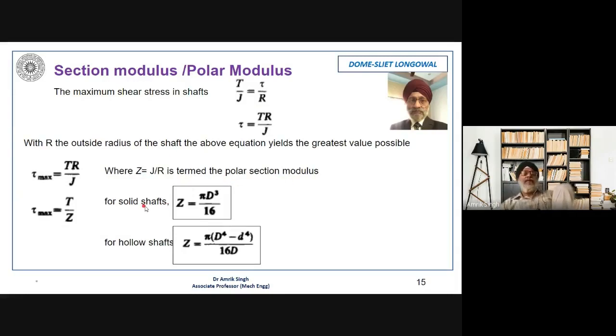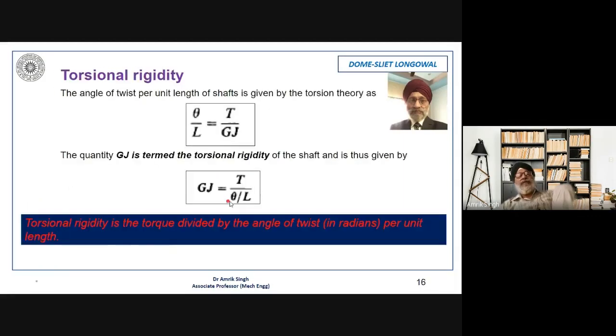So we can calculate this Z. You see here, Z is equal to J by R. If you bring this R into the denominator and write J by R, this J by R will give you the Z. So this will be reduced to tau max is equal to T upon Z. Z you can find out by putting the value of J. You can put R is equal to D by 2 and Z is equal to pi d^4 upon 32. So this will be the value for the